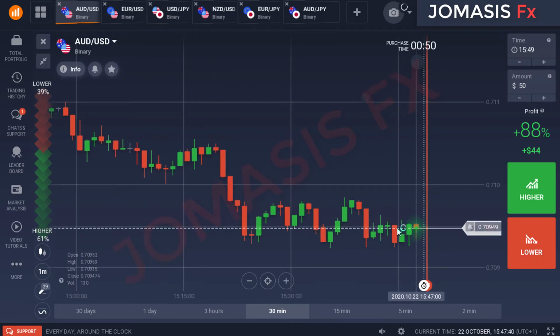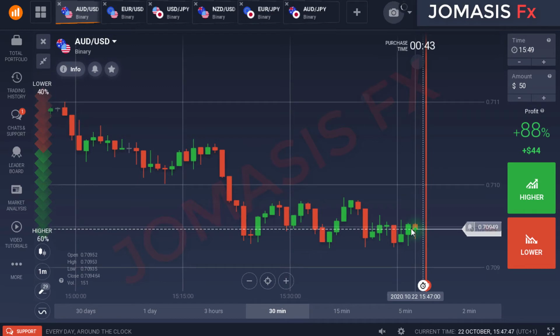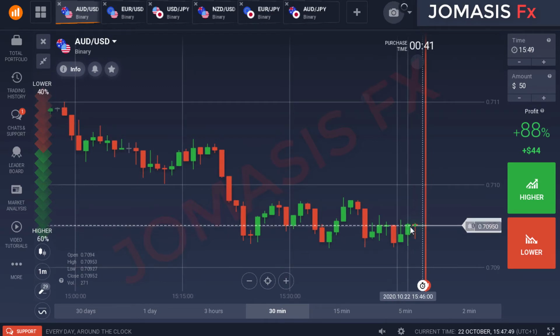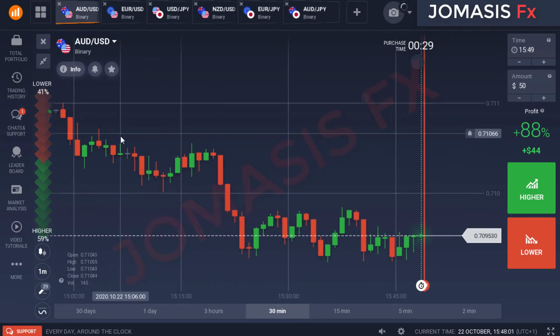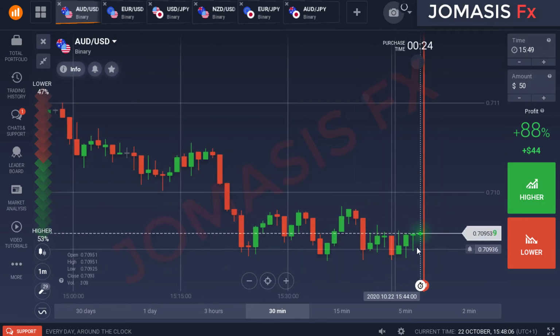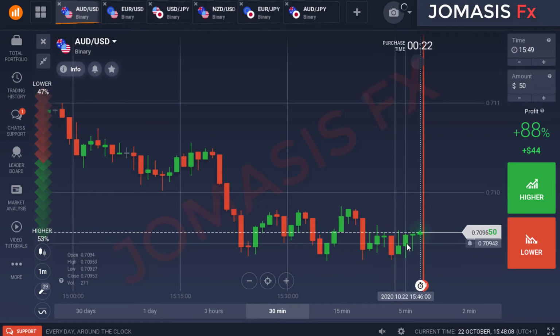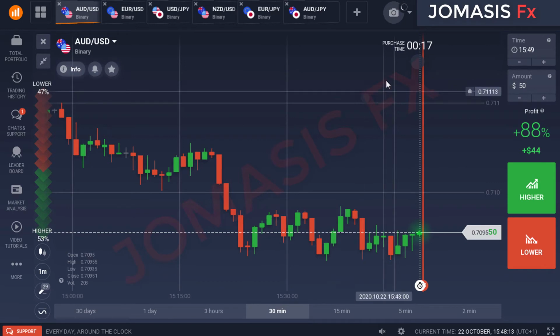Now, when you have maybe 100 and above volumes within a minute, and like you see this one, 271, it's a good market volume. So you can be rest assured that the market is going to be moving. You get the point? So that's number two. Number one, don't trade with this type of candle formation. Number two, check the market volume. If it is less than 100 volume per minute, because this is 1 minute, don't try it. Just look for something else.